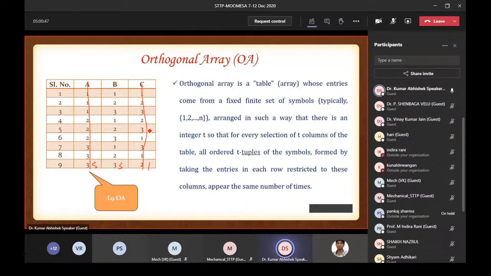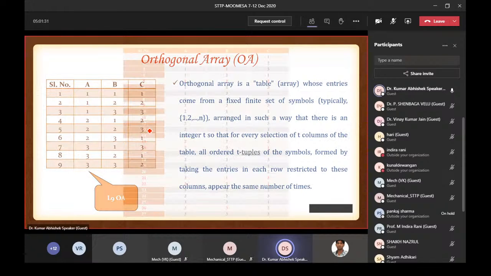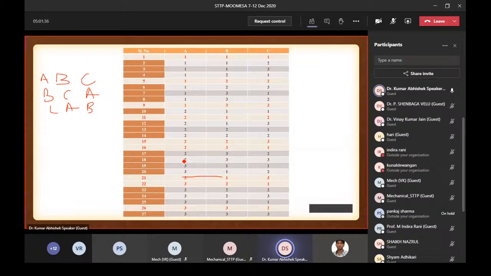Or you can say that in order to reduce the number of experiments, Taguchi utilizes the orthogonal array concept, and from the orthogonal array concept you can reduce the number of experiments, carry out your experiment with the reduced number, note down your observations, and conclude from that result for the whole combination of the experiment। आप क्या कर सकते हो, आप जो भी रिड्यूस नंबर ऑफ एक्सपेरिमेंट आपने किया है उससे आप एक्सपेरिमेंट कंडक्ट करेंगे, उस पे एक्सपेरिमेंट करने के बाद आप क्या करेंगे, आप ऑब्जर्वेशन लेंगे, और ऑब्जर्वेशन लेने के बाद भी आप क्या कर सकते हैं, यू कैन predict the result for the 3-1-3-1 combination, you can predict the result for the 2-3-3 combination, you can predict for all the values, or you can predict for all the 27 experimental runs, or you can predict the result for the actual experiment that you have not performed, जो